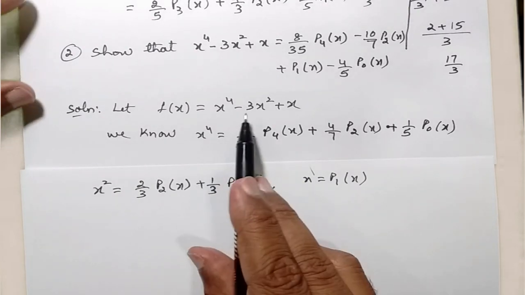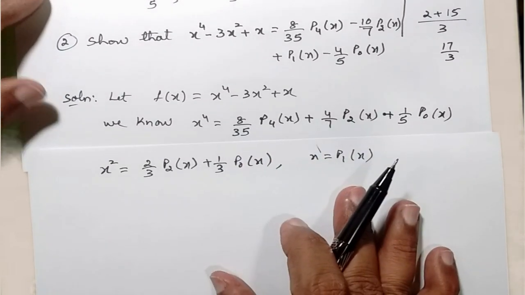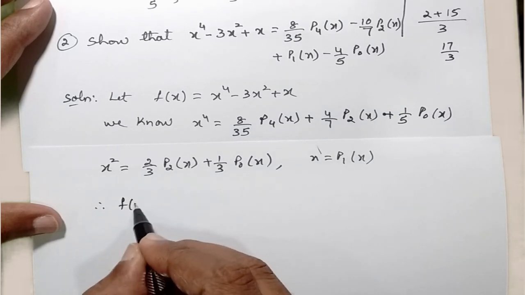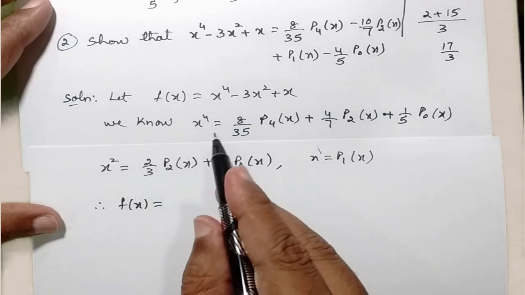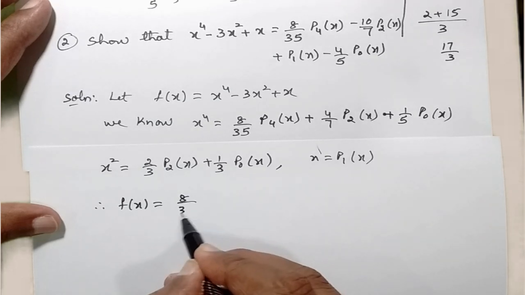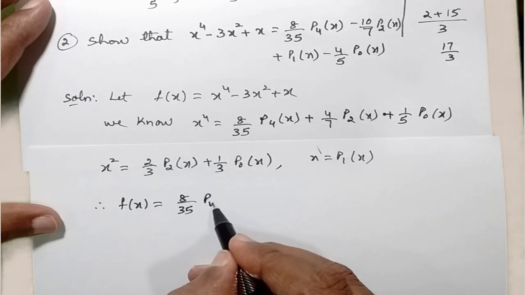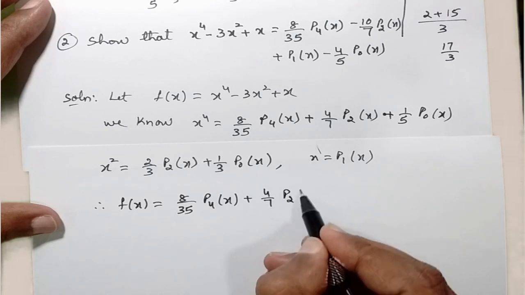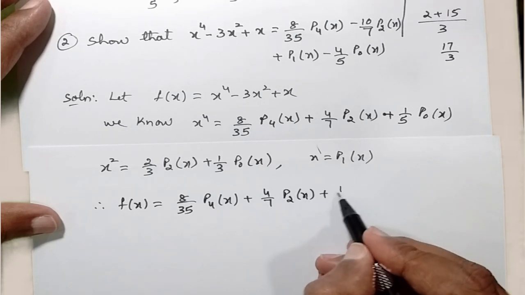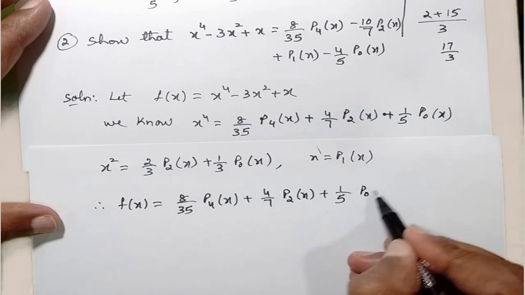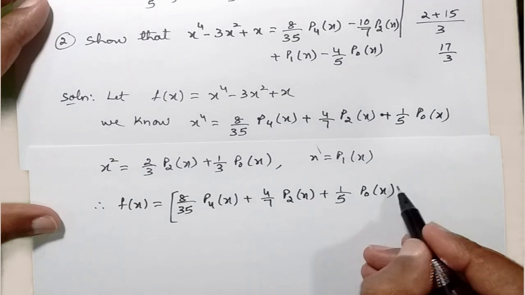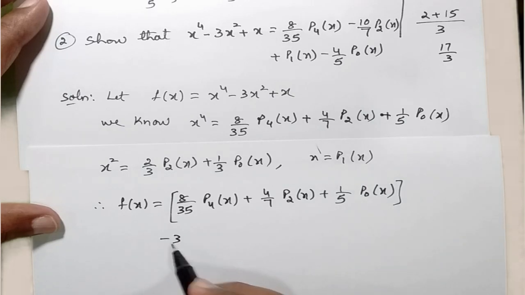So you can just plug these values back into the given function f of x. Therefore f of x will be equal to x power of 4, which is 8 by 35 P4 of x plus 4 by 7 P2 of x plus 1 by 5 into P0 of x, minus 3 times